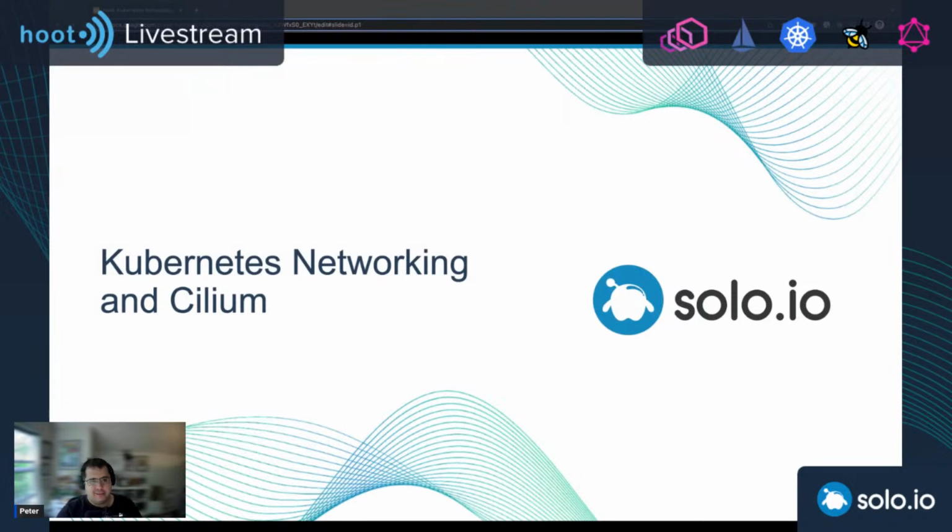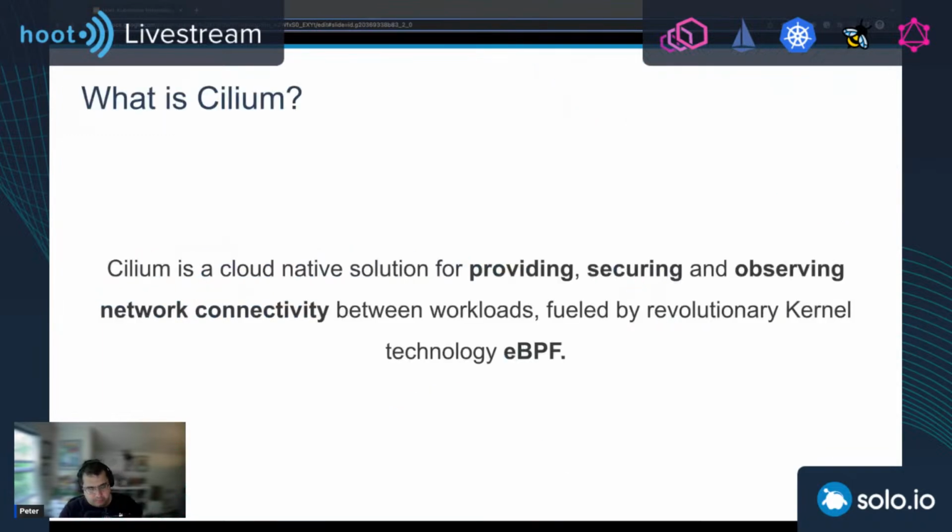So as I said, today will be all about Kubernetes networking and Cilium. Now I have to tell you, when I started preparing all this, I was thinking, well, let's just do Cilium, right? Let me investigate Cilium and explain what it is, do the features, do the demos, etc. But then I created the slide, right?